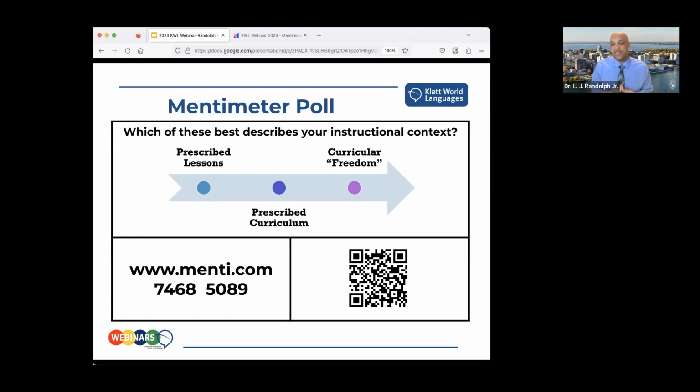And so I would like to know where most people stand, because where you stand on this continuum matters in terms of the creative space that you'll have in implementing some of the things that we'll talk about today. And in the Mentimeter poll, it's done like a stoplight, but that doesn't mean that one is bad and one is good inherently. It's just the way that this poll works, red, yellow, and green.